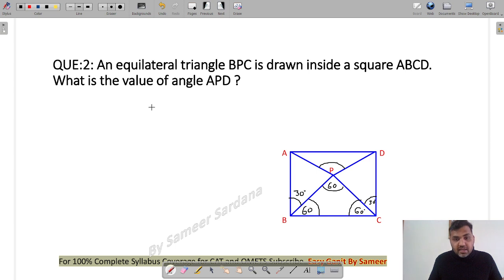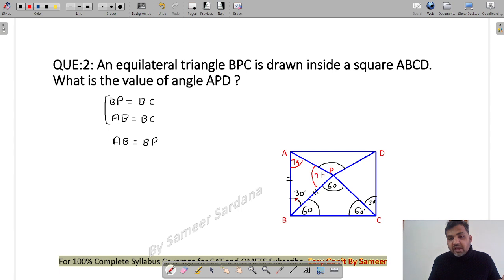Now guys, you see that triangle BPC is an equilateral triangle, so BP length will be the same as BC length, and because ABCD is a square, can I say that AB will be the same as BC? Now if AB is the same as BC and BP is the same as BC, can I say the length of AB and BP will be the same? If AB and BP are equal in length, can I apply this property now, that the angles opposite the equal sides will also be equal? So this is 30, so can I say that both of these two values will be equal